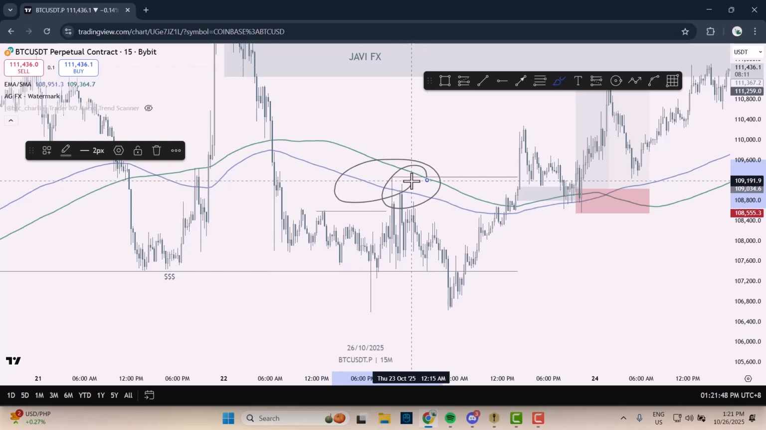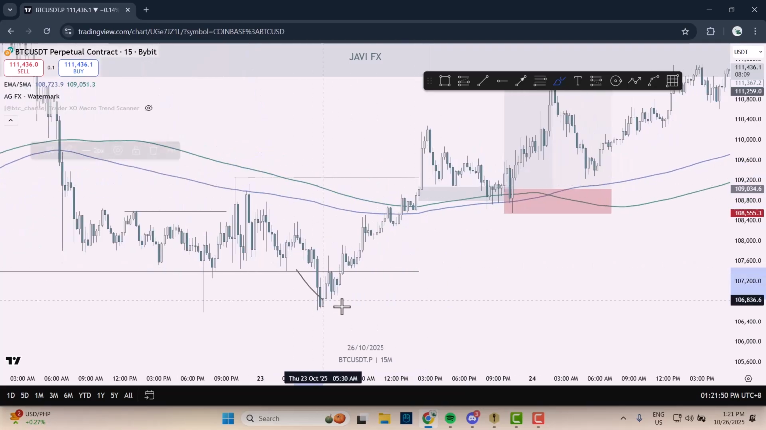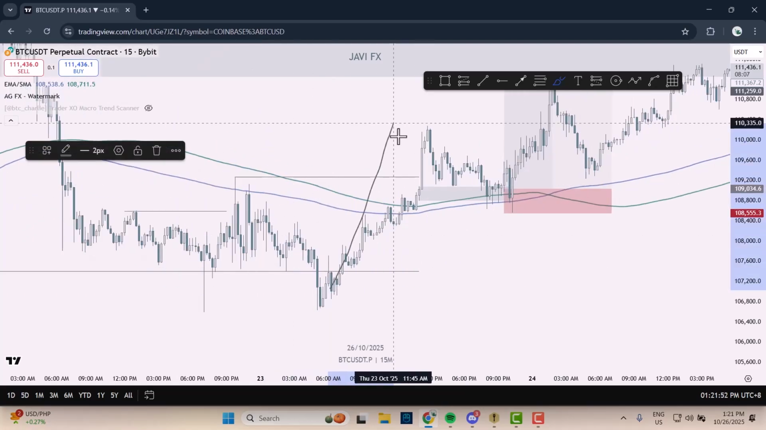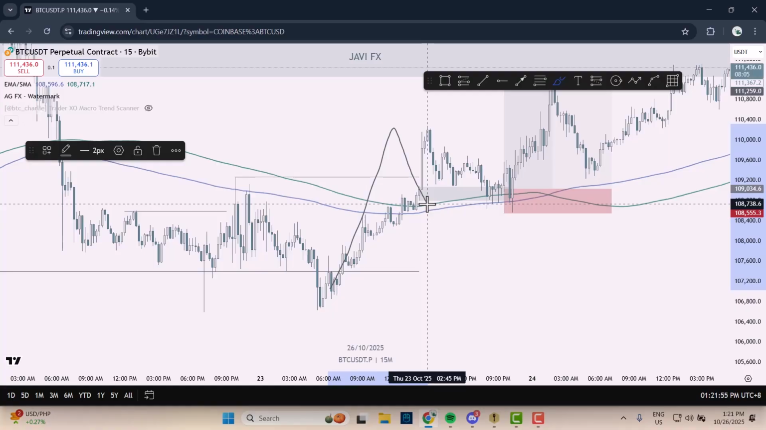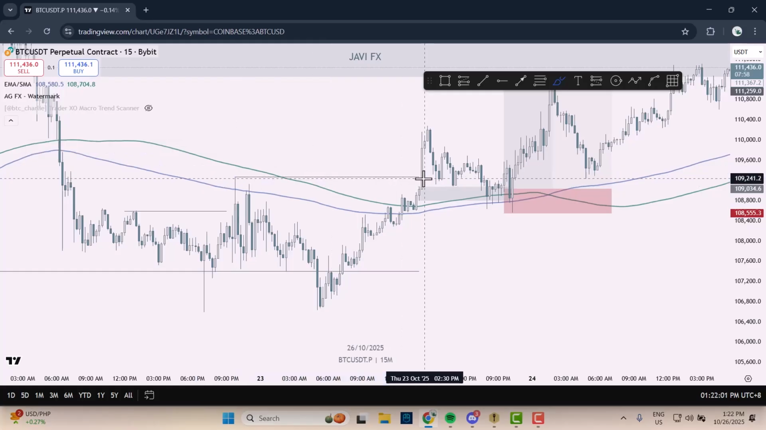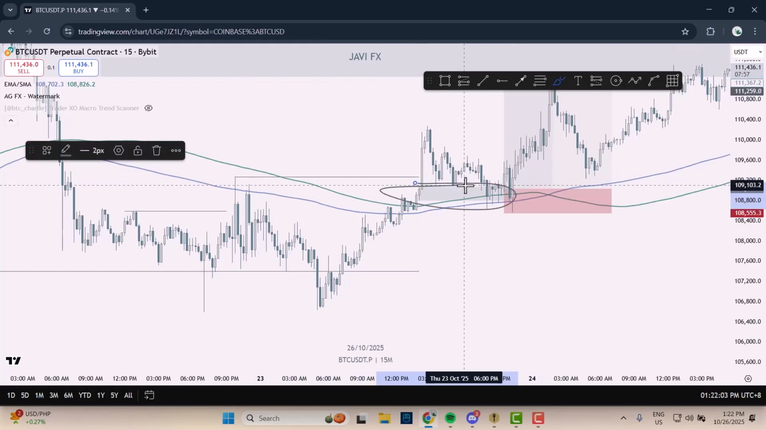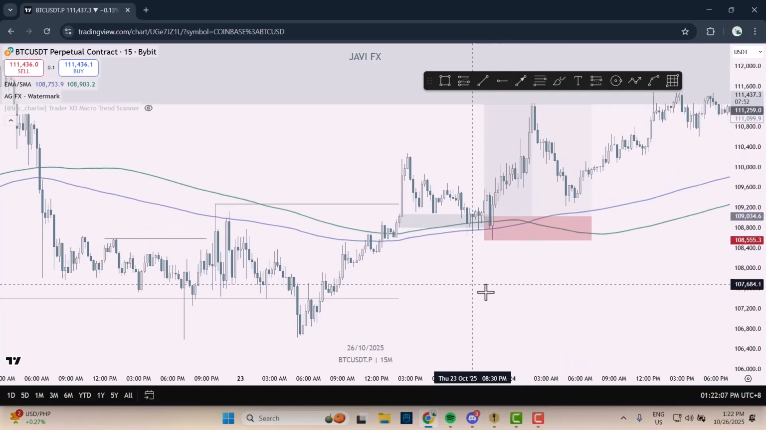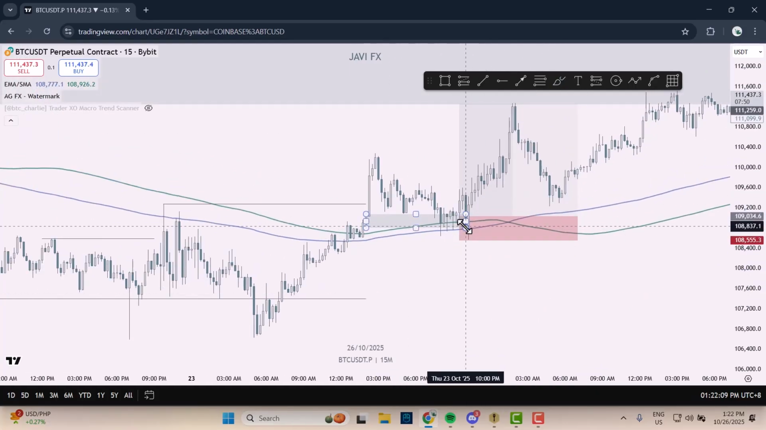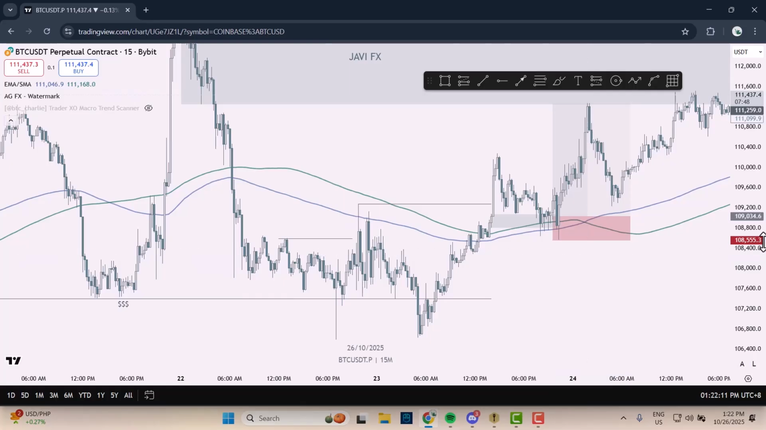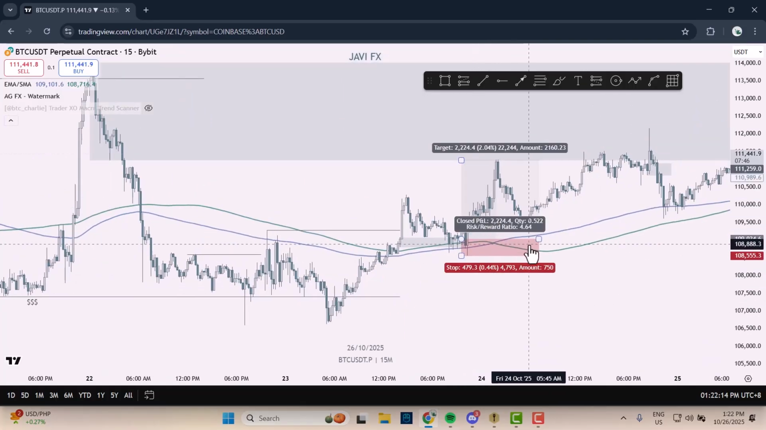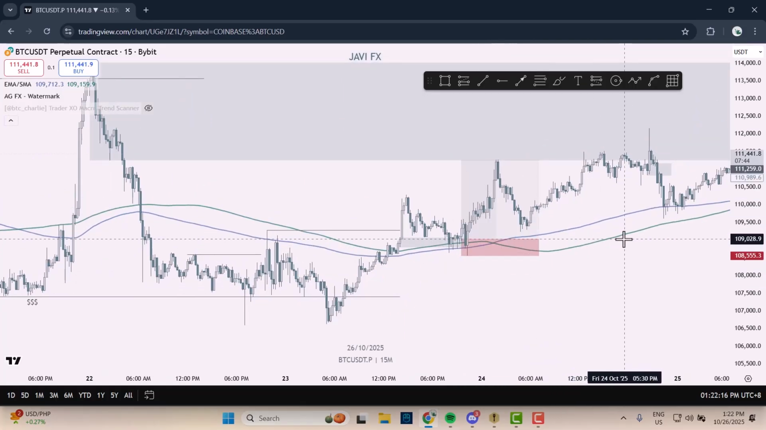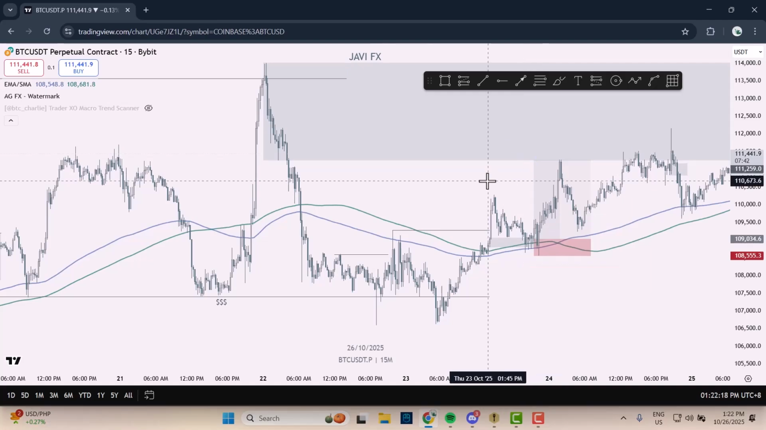The 15-minute was resistance for a while. It broke lower, and we reclaimed it. We reclaimed the 15-minute moving average. We broke structure. And here's a demand zone that I basically entered from. I entered at the retest of the 15-minute 200-day moving average. So my entry was around 109K, and my target was